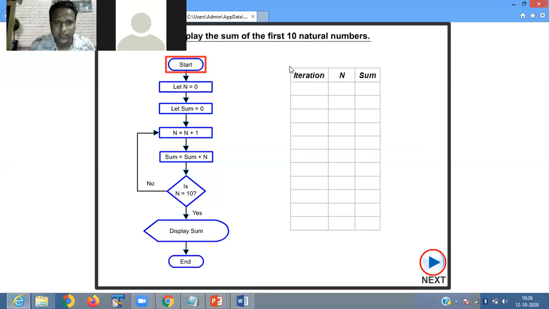Now, if you notice here, it is called the dry run table. In the dry run table, it contains three columns. One is iteration, means repetition. Another is n, n is your value. Then sum. In every step, what is the value of n and what is the value of sum? It will display to us. Then our flowchart will start from the start position. This part. Start,